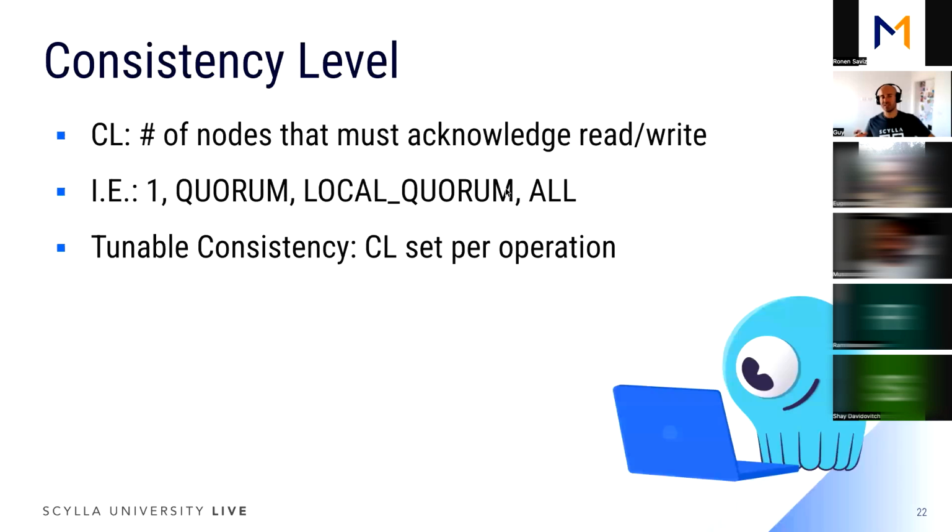In the same exact example, if I define the consistency level as quorum, then even if one node is down, 2 out of 3 nodes are still available, and my query would be successful. Okay, so you can easily understand the trade-off here between availability and consistency. And maybe another example,